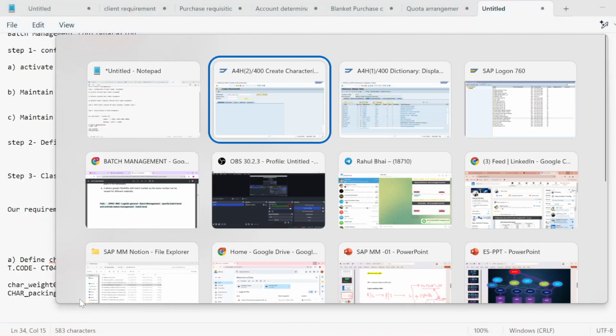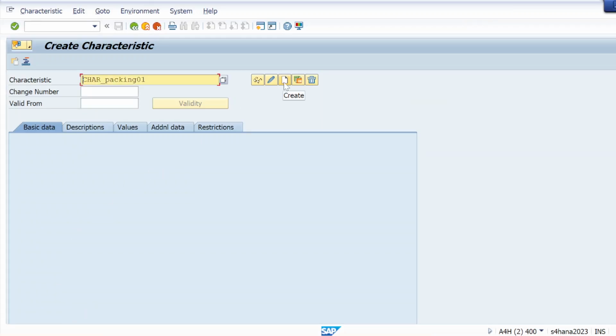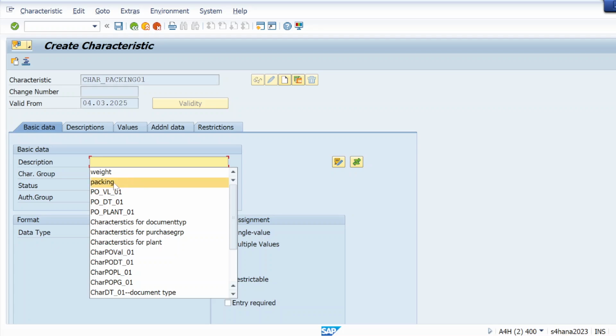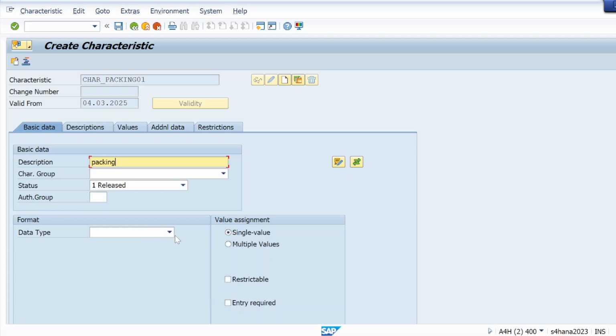Just click on create, and if it's already created then you can edit from here. So let me create description packing. Single value I'm taking, hit enter, just go to value.